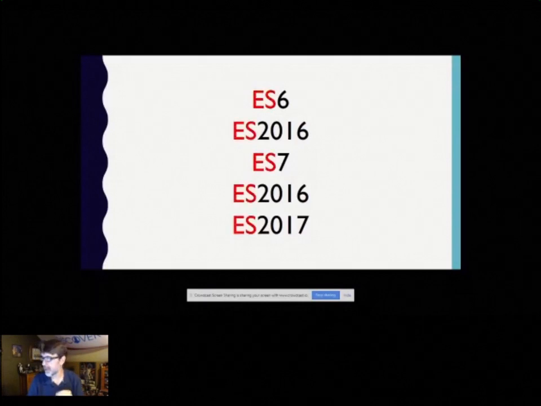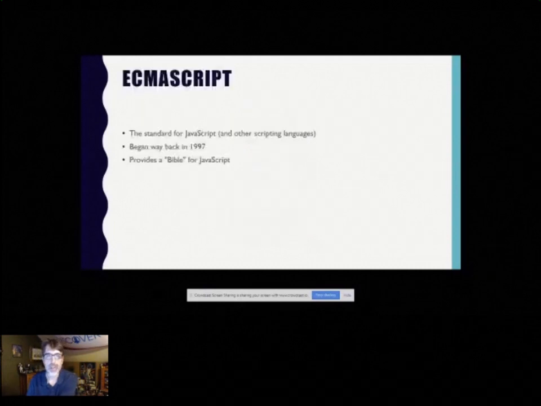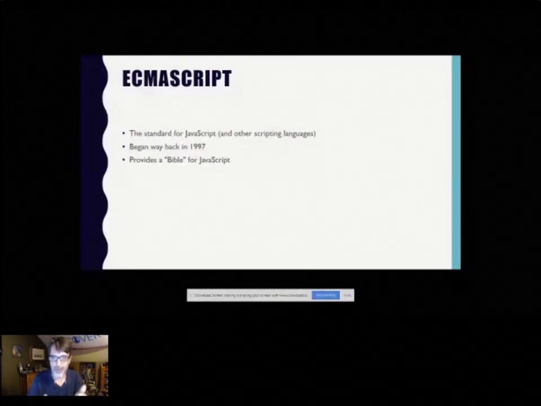So let's begin by focusing on that ES part. What does that actually mean? ES stands for ECMAScript, and this is the standard for JavaScript. And the ECMA folks actually have other standards, and in this particular case, ECMAScript actually applies to things outside of JavaScript as well. So if you were a Flash person, first off, hope you're doing okay with all the news lately.